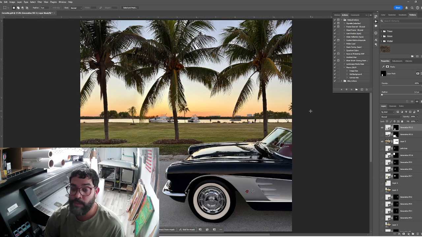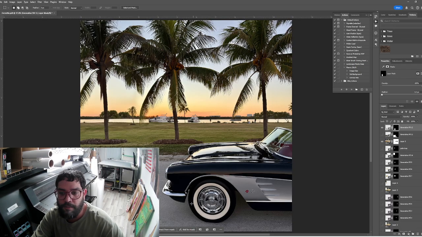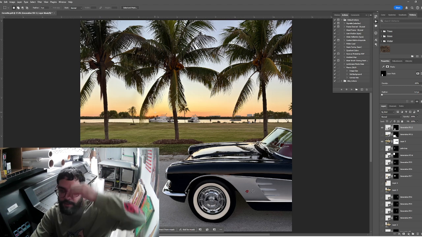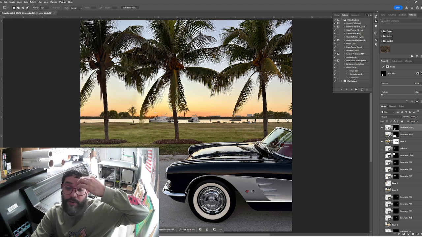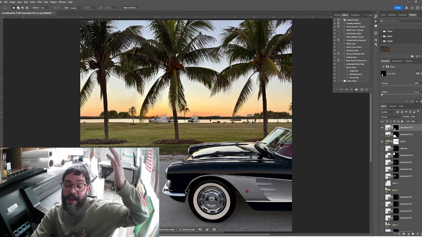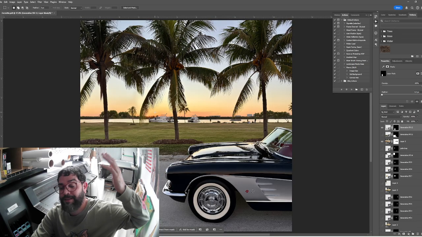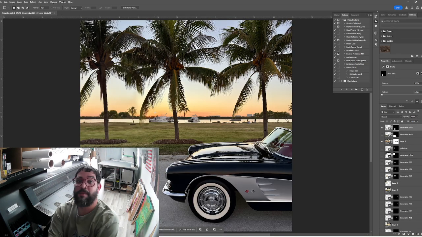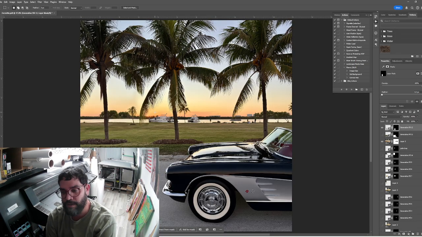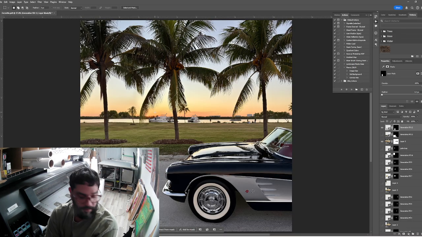Essentially, this is going to be printed at a 44 by 44, which is a decent size, considering this was an iPhone picture. This is more than enough quality to print nowadays on an iPhone. Before, when the iPhone came out, my first iPhone was an iPhone 3, I think. Yeah, 3G, remember that? And if you don't remember that, you're probably too young. Anyway,